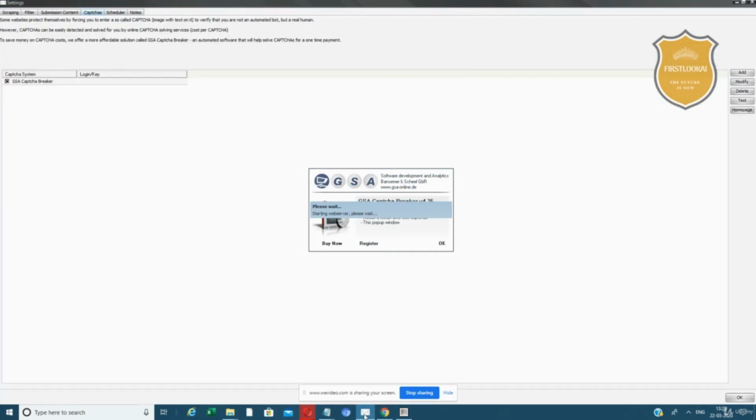I think GSA CAPTCHA breaker is the best. Almost 90% it will solve the CAPTCHA accurately. Very accurate, right? Yeah, right. Comparing to other things, it will try to solve. Death by CAPTCHA also is good. I am a huge fan of that. But GSA CAPTCHA is unlimited CAPTCHAs, right? So that's the best